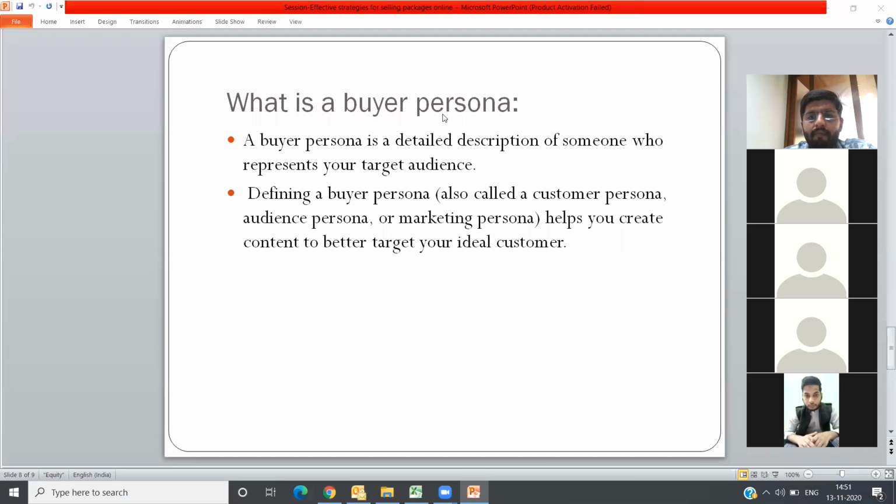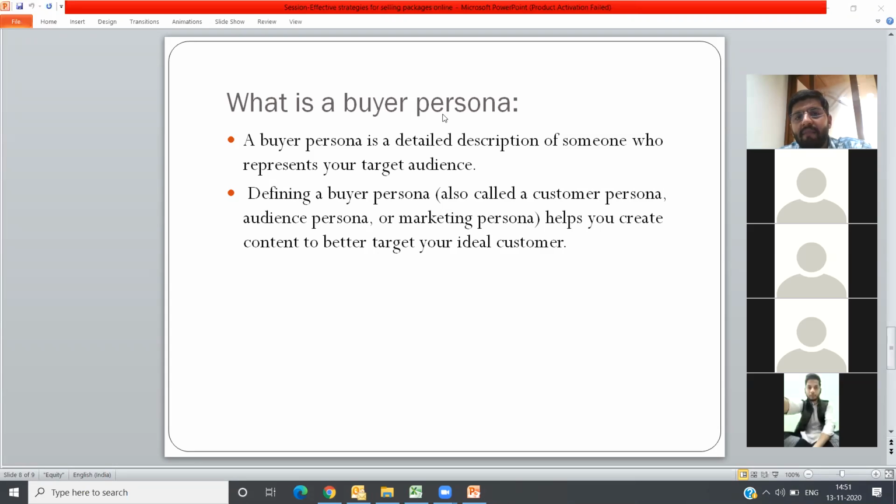It is very important. Once you understand the buyer's customer persona, it will be very easy for you to sell. If you know that this customer is hell-bent on this particular resort only, you have to devise your strategies and focus on getting a good last and non-negotiable rate for that particular hotel. So for every customer you should have a buyer's persona. Then you have to devise a sales strategy according to that.